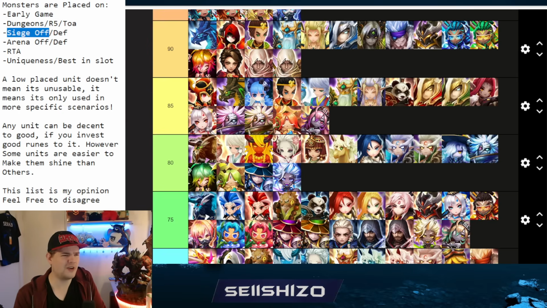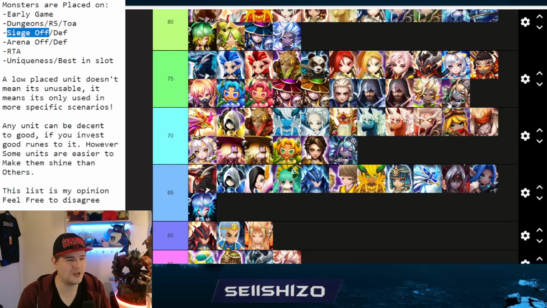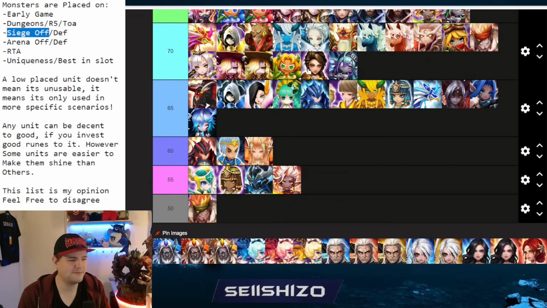No, actually 75, because Tomoe I placed higher because you can also use it in TOA. You can also use it in Siege offense, Arena offense. Layla's just RTA, and she's okay to good in RTA, but she's not really crazy good in RTA. Like in higher ranks, people definitely did figure her out. Unless you have some whole LD kind of shenanigans that you can pivot around with like a Bipolar Queen and a Nefties and then a bunch of like nuking units at the end if things go wrong or something like that. That's definitely an option, but if you don't have that...